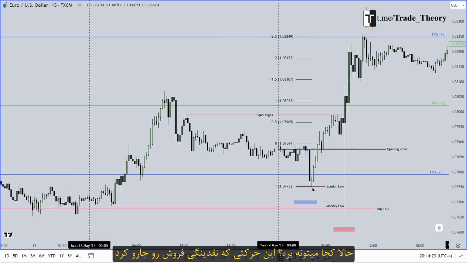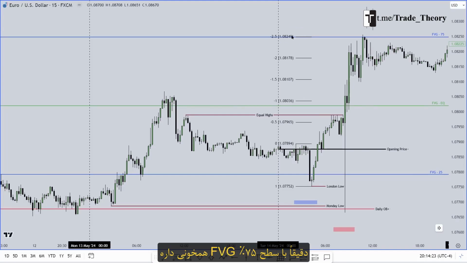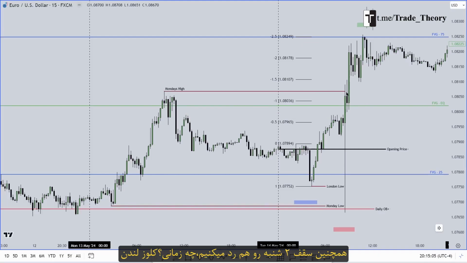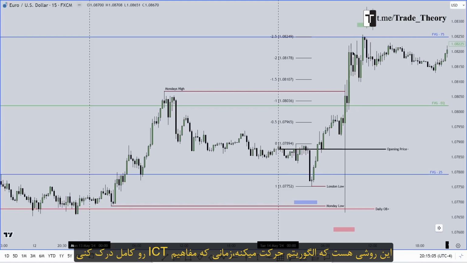This run here that swept the sell side liquidity is going to be our fulcrum point. From this high to this low, if we project deviations higher, we get 2.5 deviations aligns perfectly with that 75% fair value gap level. Look at the bodies over here respecting that. When does this occur? In London close. We not only sweep the engineered buy side liquidity above the equal highs, we also run through Monday's high. When time, London close, aligns with price, the 75% fair value gap level, and we have a mathematical projection, this is how the algorithm books.